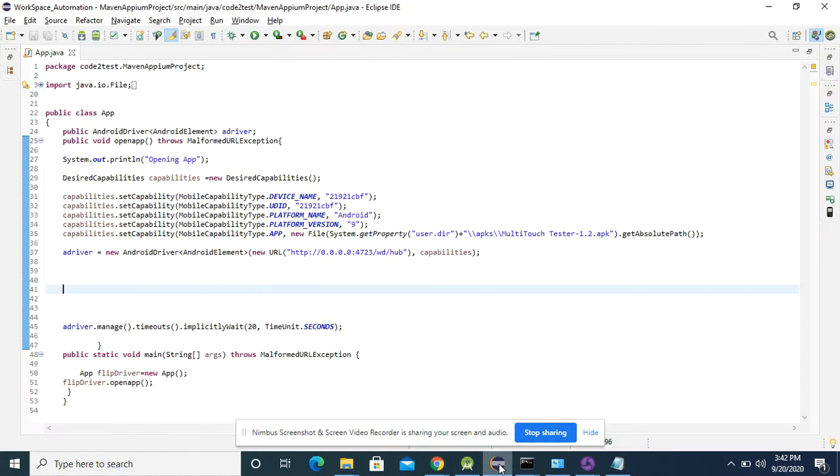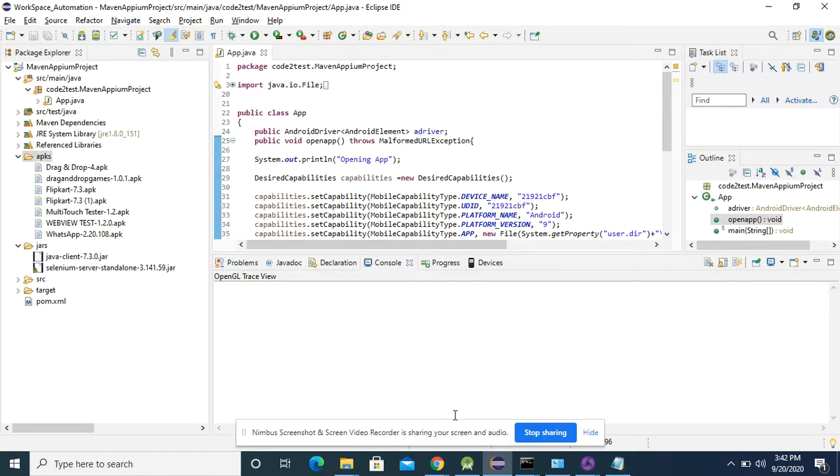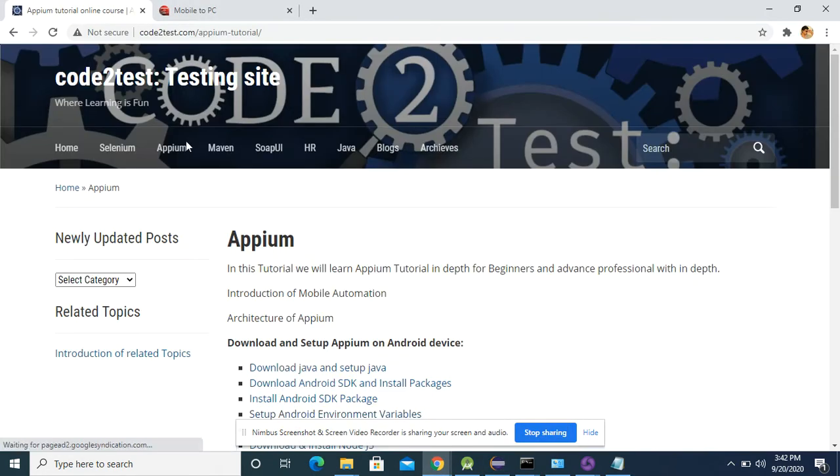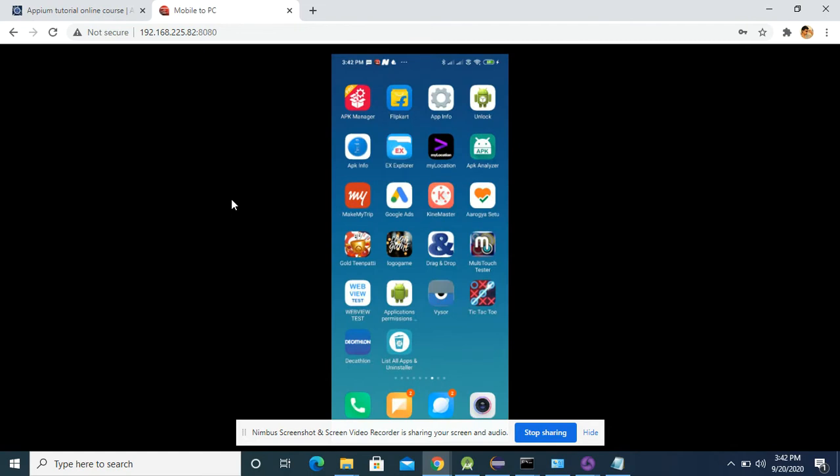Today we are going to learn how to automate zoom, touch and multi-touch actions on an Android device using Appium. To start this tutorial, let's look at the application we are going to automate. Today I'm casting my mobile. This is the application, a multi-touch tester. Whenever I touch anywhere with a number of fingers, it will give me the number